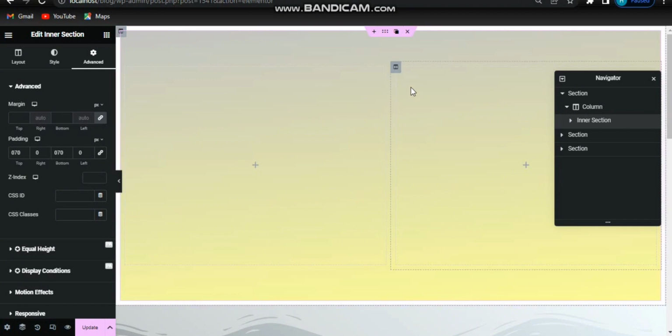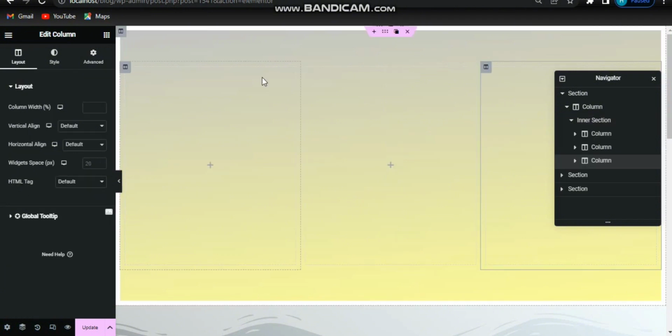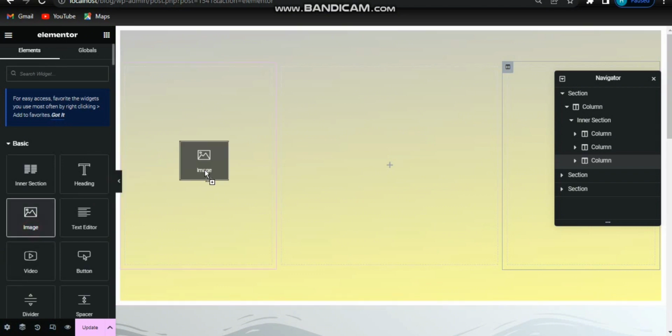Now I want 3 columns here, so duplicate this column again and adjust their column width. I want in the first column 29, again here also 29. In this column I want an image, drag and drop the image,